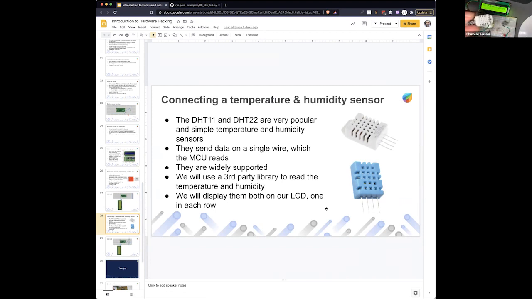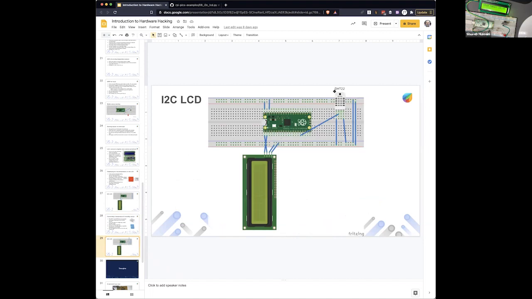This is a temperature and humidity sensor, which can read both temperature and humidity. It uses a custom protocol, but drivers are available for the Raspberry Pi Pico. Once you connect it like this, you will be able to read it and display it.